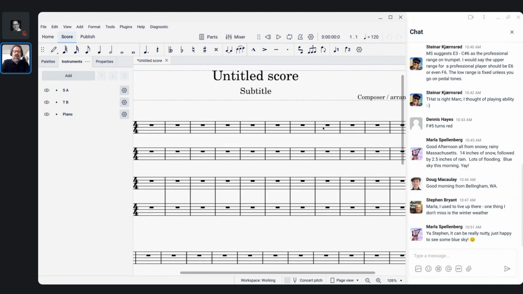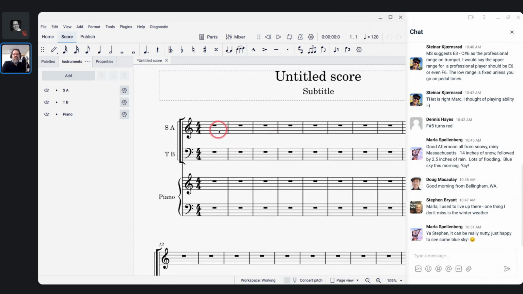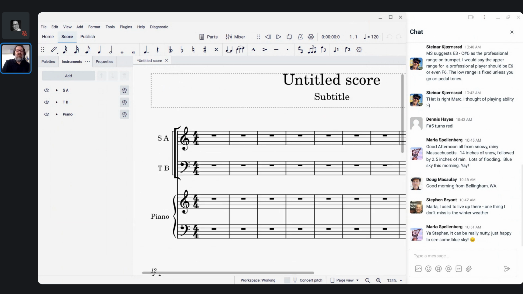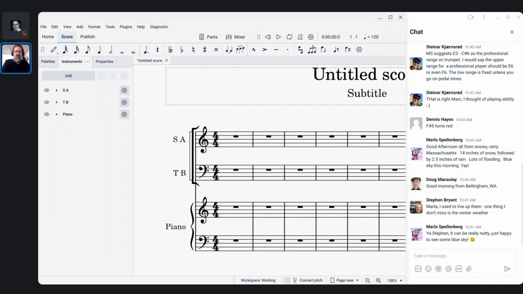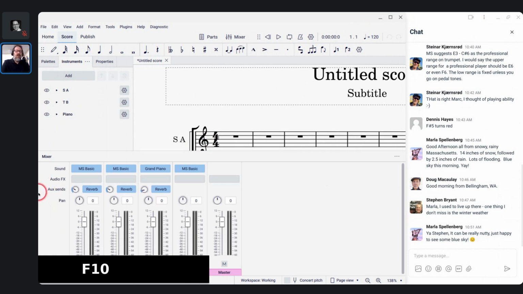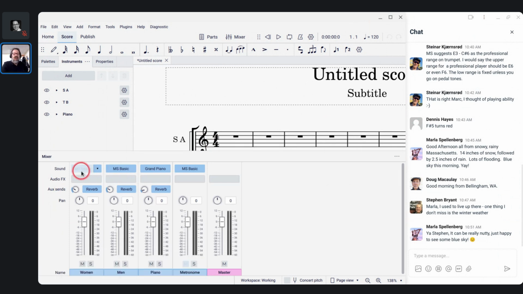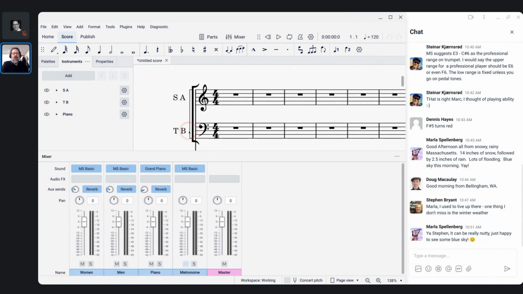So we have our closed score thing here, and as I mentioned, I want to actually use Muse Sounds for this because they do sound pretty good, and now that the ranges are extended, it's a little more viable. So I'm going to show you how to set up with Muse Sounds, because if you use the closed score format template in MuseScore, if I open the mixer here, you'll see the mixer is still using MS Basic. So I want to switch